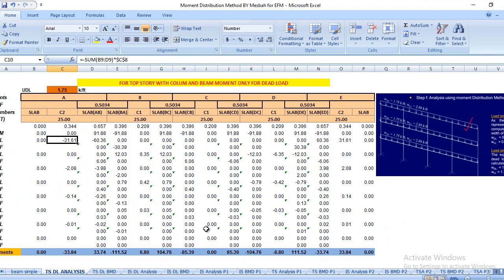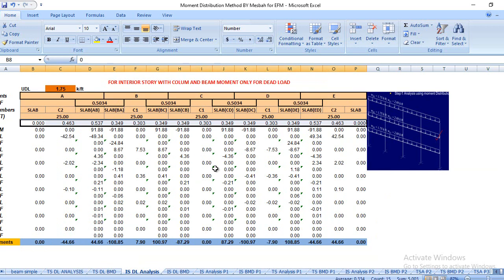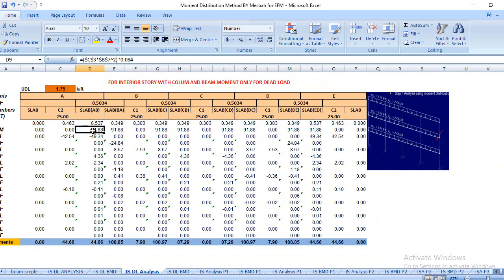but this is for the top story. Let me show it for the intermediate story. This is for the interior story side. Now for the interior story, you see this slash line, this is for the interior story. The table is the same as I discussed earlier, and the fixed end moments you see here, here, here, here, here, here, this one. Now you see the balancing, which is coming from the combined values multiplied with that one. Similarly this one here, although it can be extended, let me extend it,